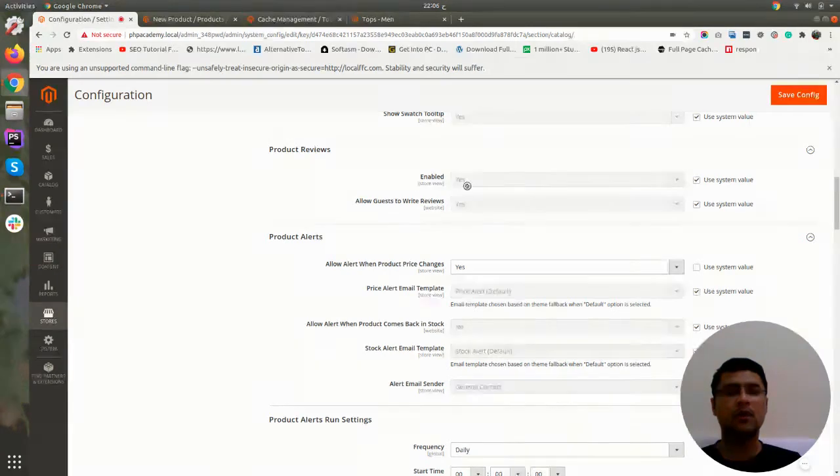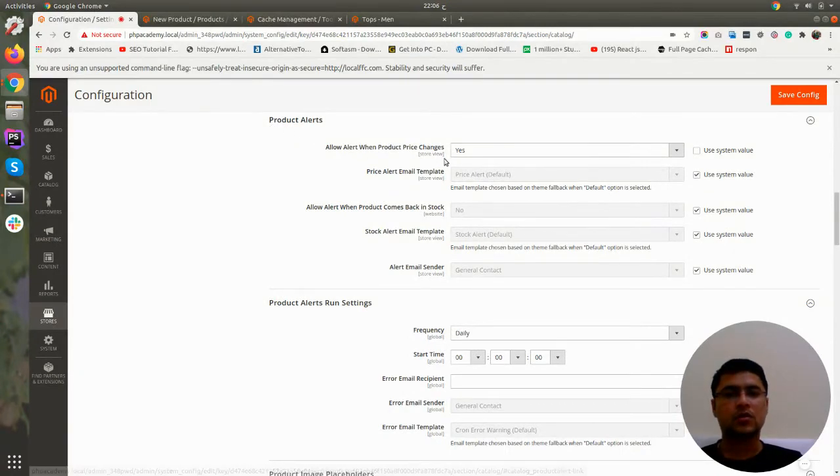If you don't want to give product reviews to customers, you can just disable it. And if you are enabling it, and you don't want guest users to write reviews, you can just make it no, so guest users will not be able to write product reviews.